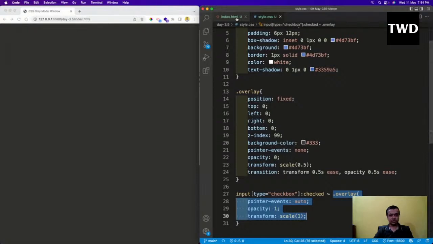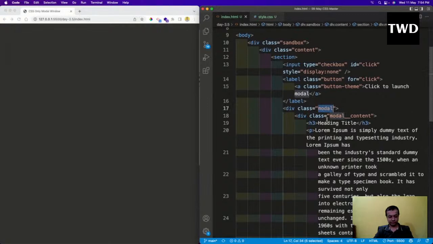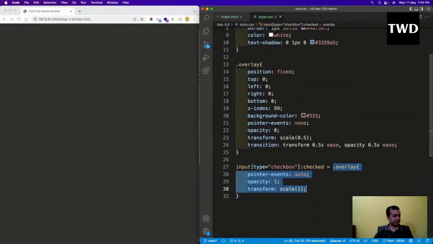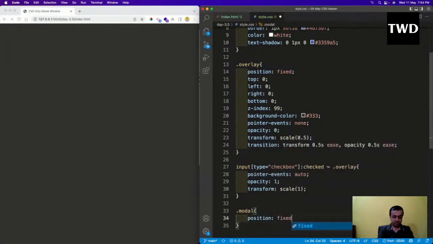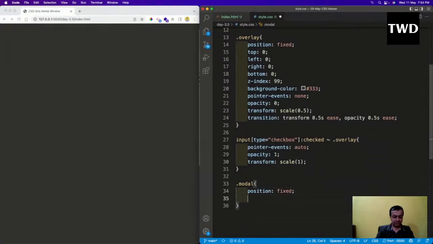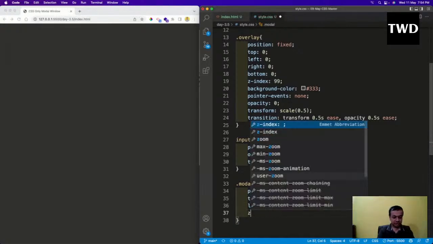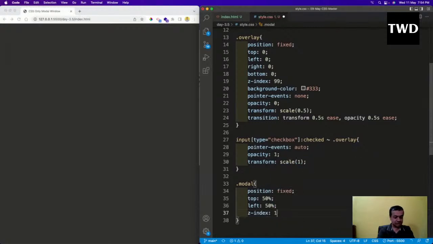So now we'll write the style for this modal. I think we have to end today after this is done. Dot modal, and position is fixed, and top is 50%, and left is 50%, and z-index is 100, and